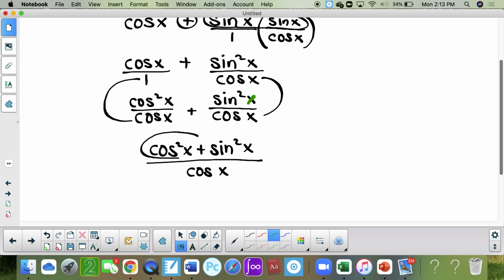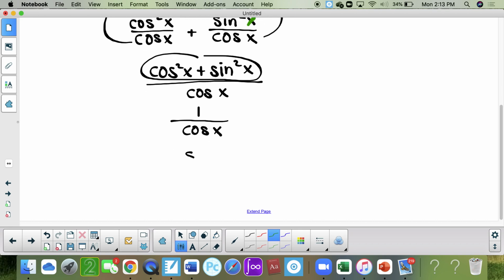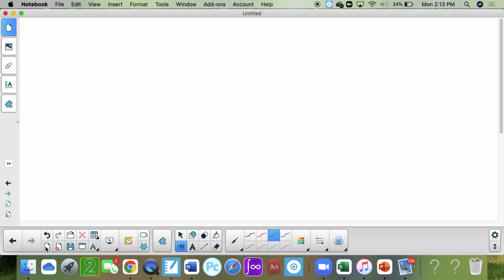In the lower left-hand corner of your formula sheet, cosine squared x plus sine squared x equals 1, and this equals 1 over cosine of x, and that equals secant of x. Final answer. And then the last problem for the day, number 8,